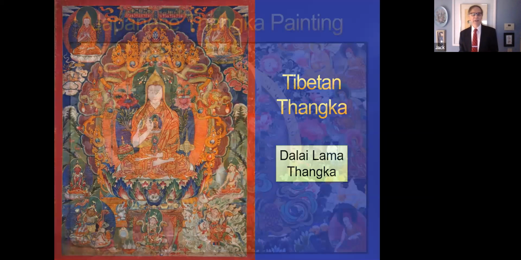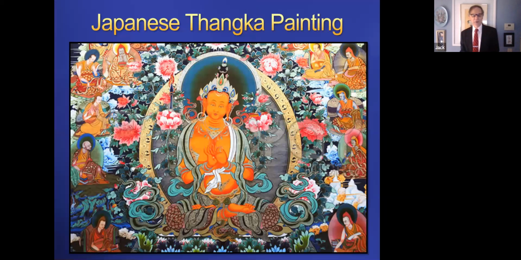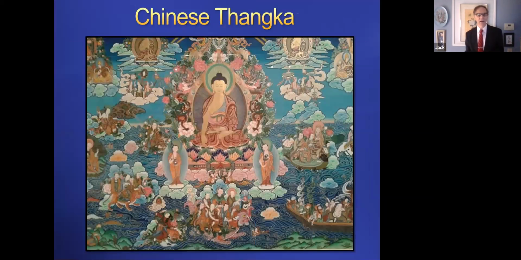You can see a Japanese one here. And you can see they incorporated Japanese elements like carnations and more of the water element, because Japan is an island sitting on water, so they're all sitting in water. A Chinese one has more of the subtle colors of Chinese art. And besides the water, they have the mountains, because many of their gods exist in the mountains. And you can see these all over the place. And actually, they're quite valuable from a collector's standpoint.